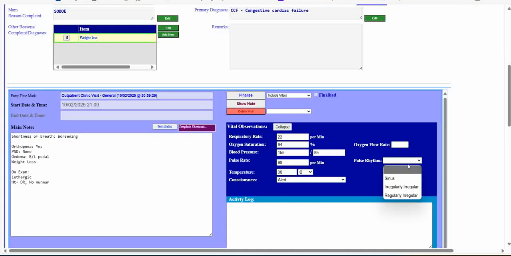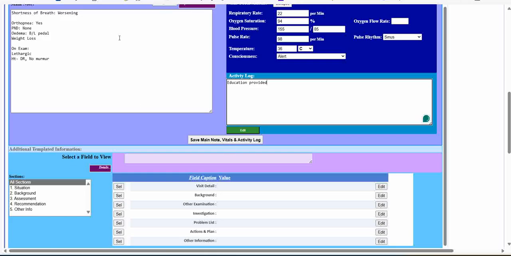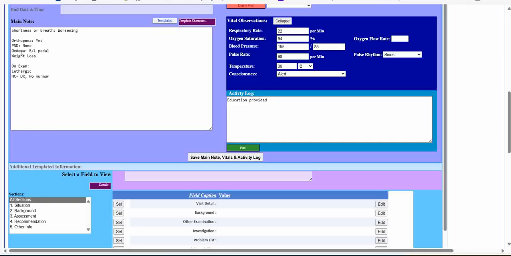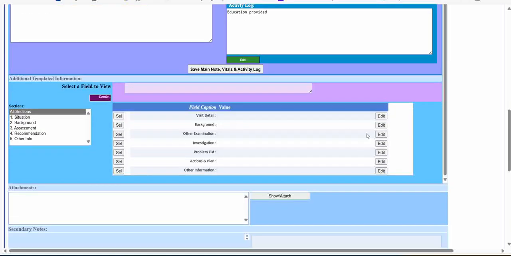We don't need this. Let's say finance, right? And then activity log, you can put whatever, education provided, right? Okay, and that's it. So save this one. So now the usual information, the main information, is already done now. But you can have a bit here,